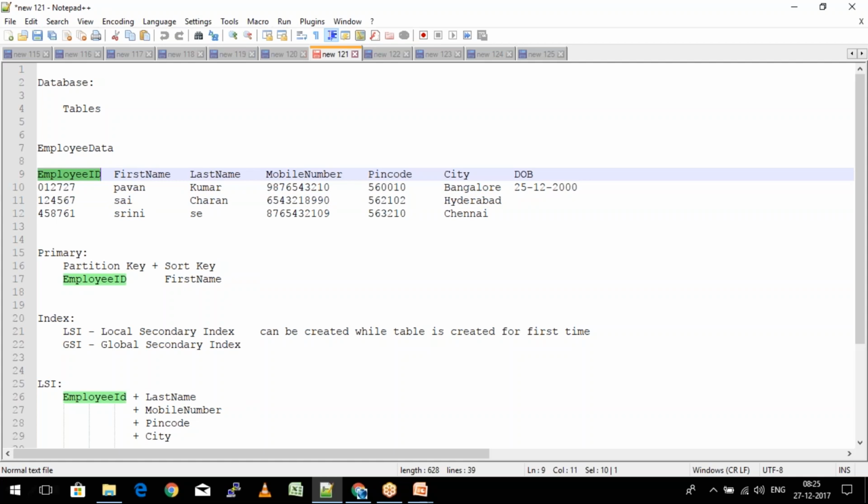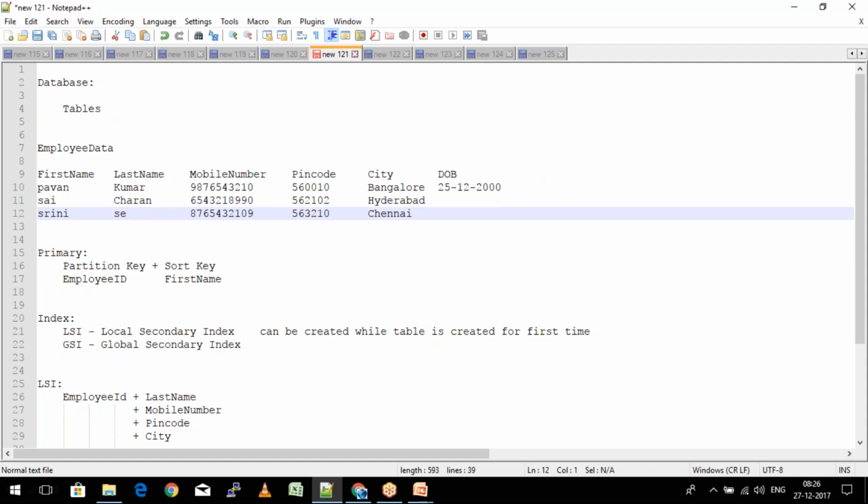Now when we talk about DynamoDB or any NoSQL DB, we have a primary key, but that is a combination of a partition key and a sort key. We also know that sometimes a primary key can be a combination of two different columns. Let's say employee ID doesn't exist in this table.